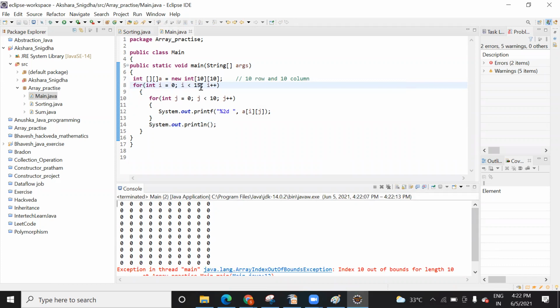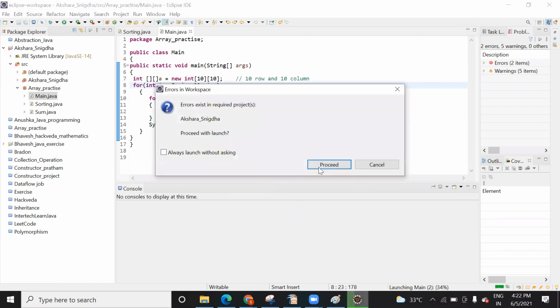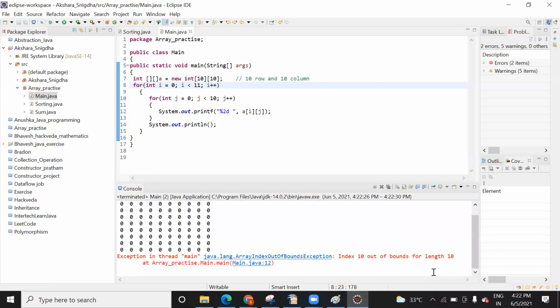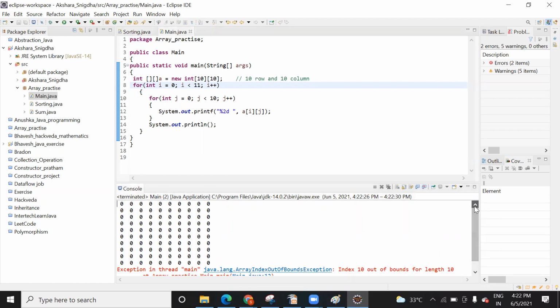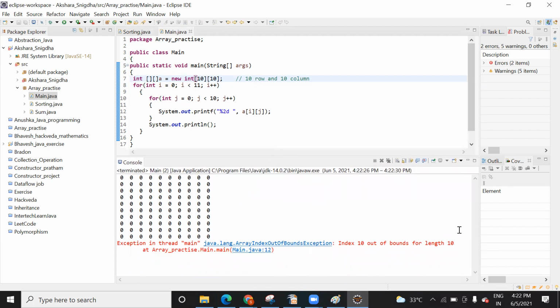1, 2, 3, 4, 5, 6, 7, 8, 9, 10. So it is saying index out of bound. Yes, but I'm just checking because as per what I have done before, it was able to hold it. I have tested before.